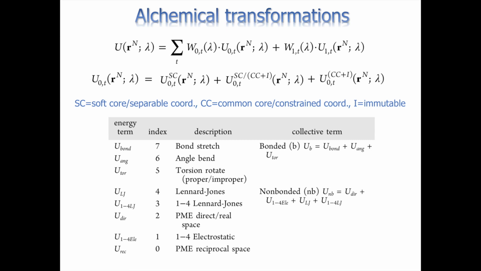But when you actually have a chemical moiety that's being annihilated while another one is being created, you have to get a little more creative about how you switch the potentials on and off to avoid things like blowing up. That's what are called soft core potentials. So essentially, this SC identifies the region of the system that will be treated with so-called soft core potentials.